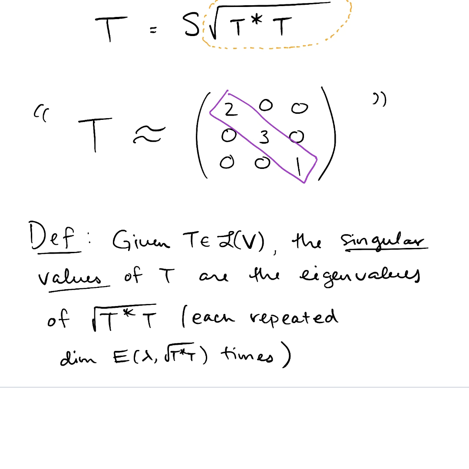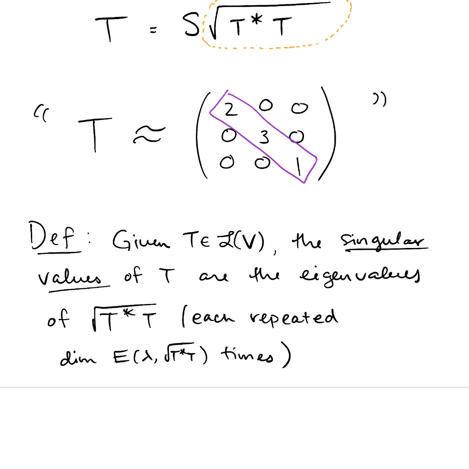I mean, they're clearly not. In our example, the only eigenvalue of T was root 6. And yet here we have these numbers 2, 3, 1 appearing as the eigenvalues of root T star T. So it's not fair to say that every operator has eigenvalues, not true, but every operator certainly has singular values,